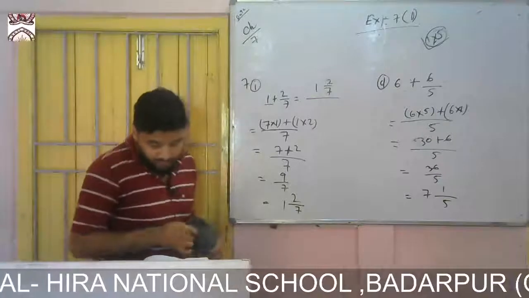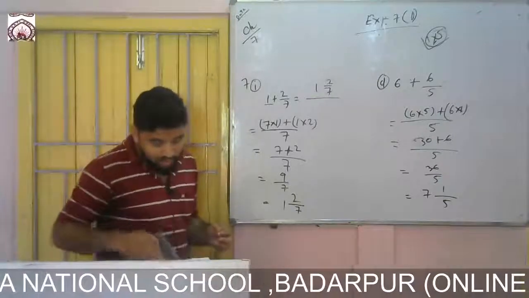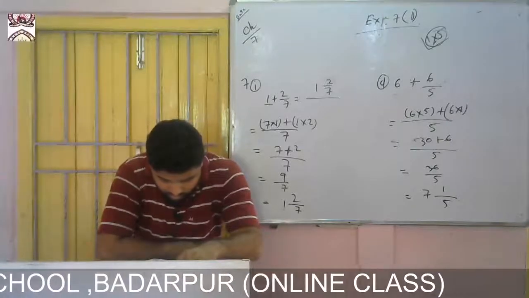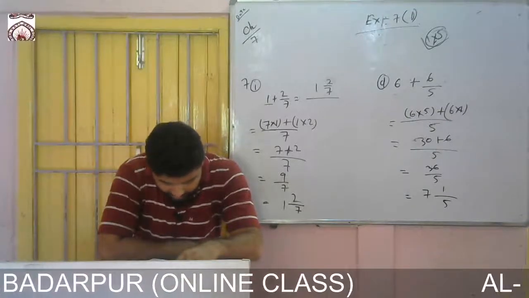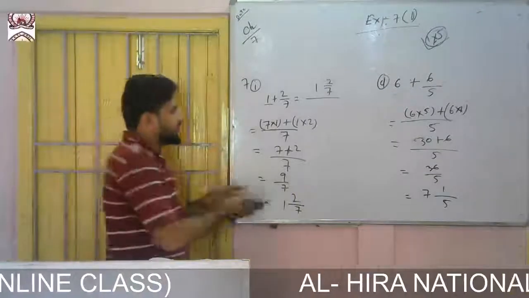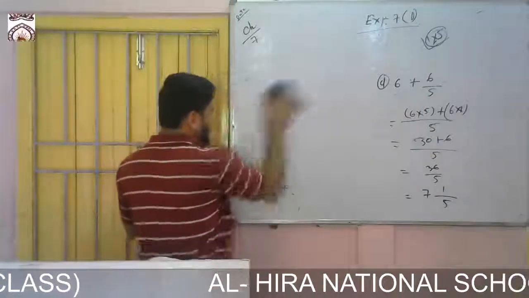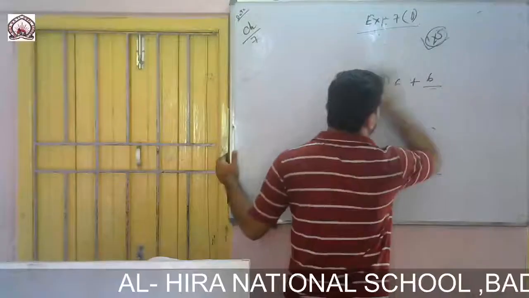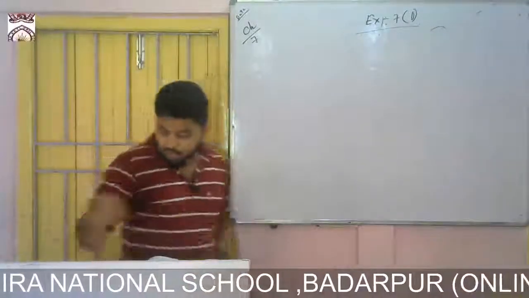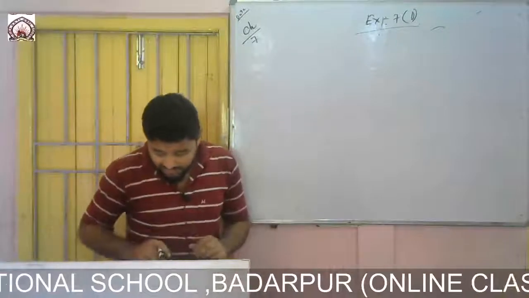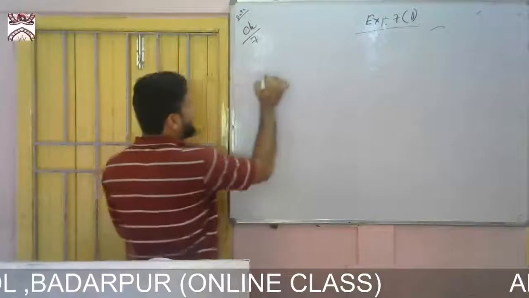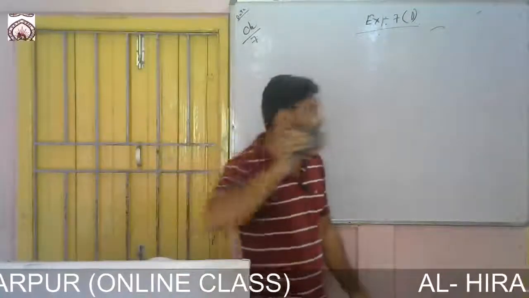Okay. So from question number 1 and 2, you see both are the same. So from question number 1 I shall solve one, and from question number 2 I shall solve one. Both are the same method. Let me solve question number 1 first. Let me show question number 1 first. What is there? Exercise 7E.